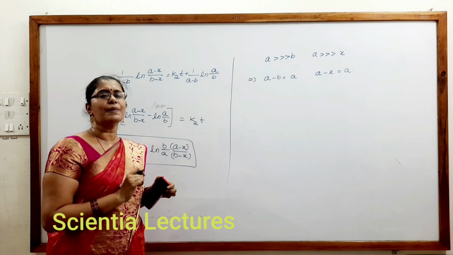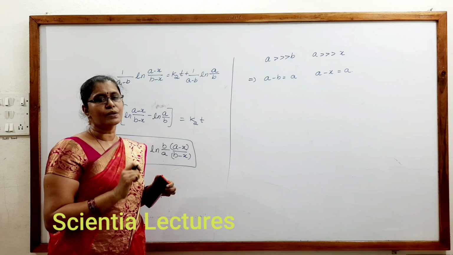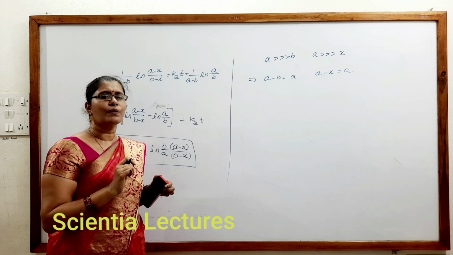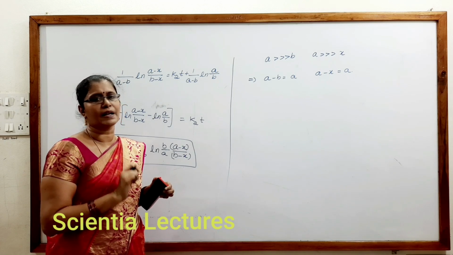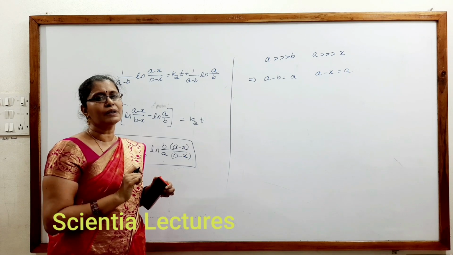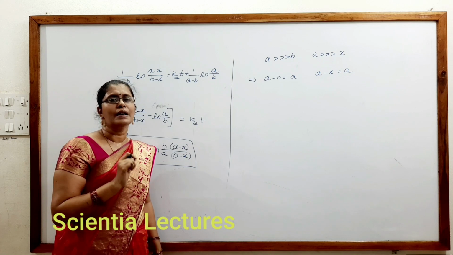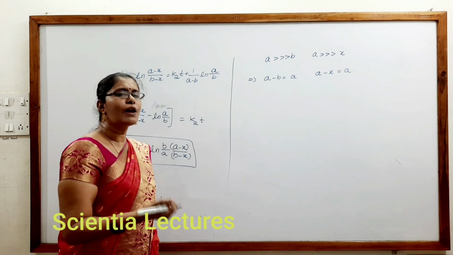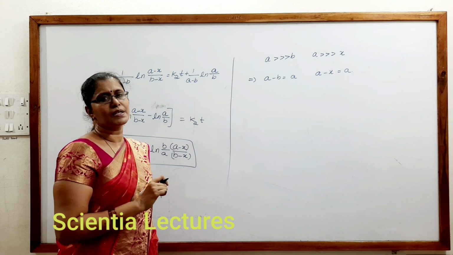Another example is inversion of cane sugar. C12H22O11 plus H2O gives rise to glucose plus fructose. It is also the same kind of reaction. Have you observed that in both the reactions it is a first order reaction? It is a pseudo first order reaction, because if we take any one of the reactant molecules in excess, it does not influence the rate of reaction.